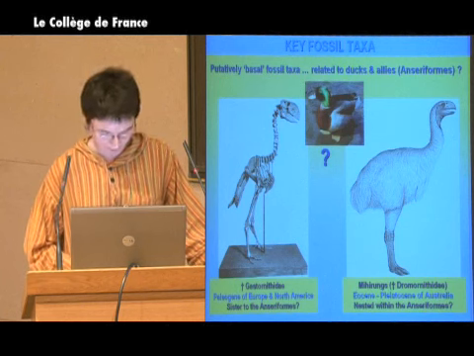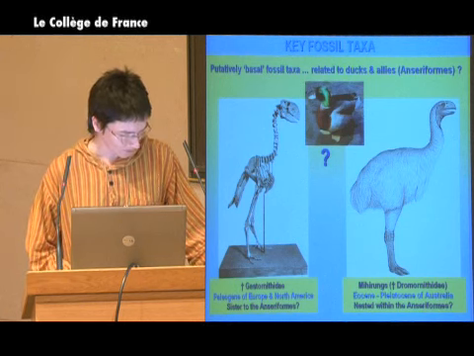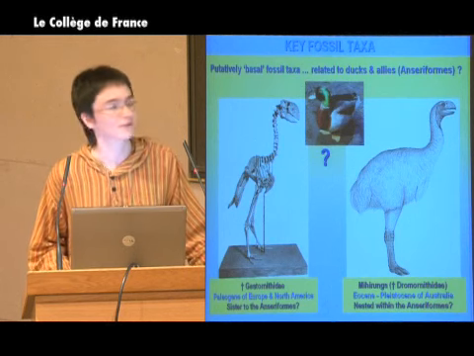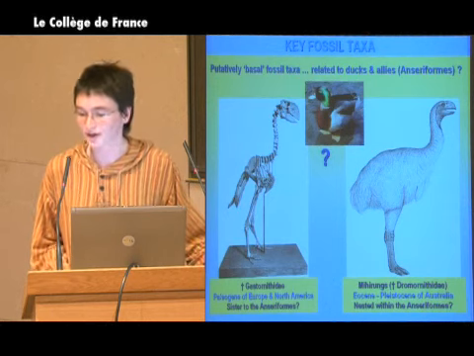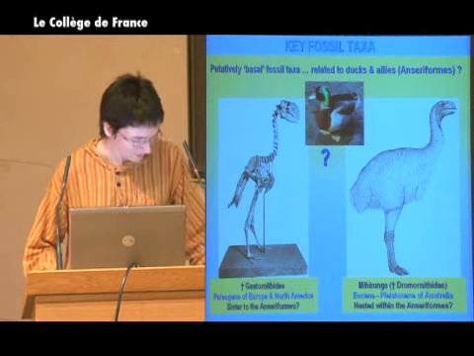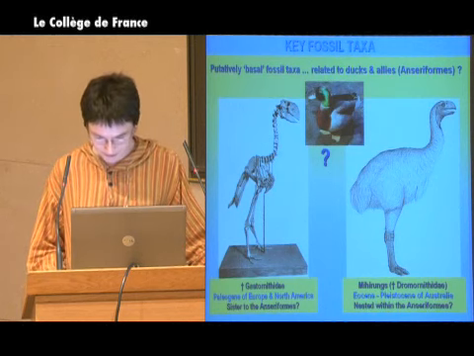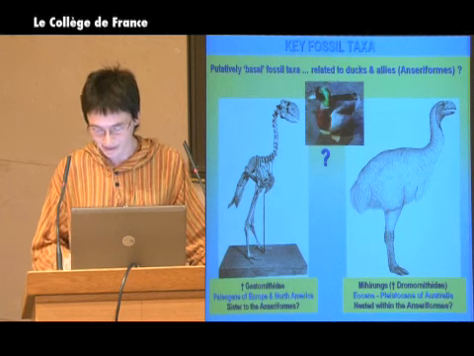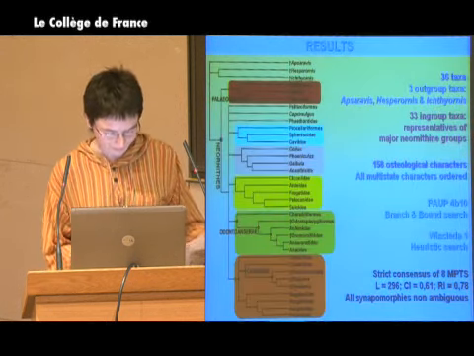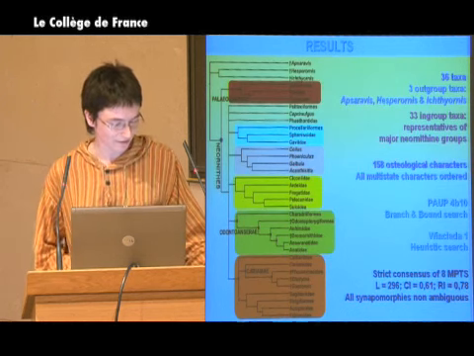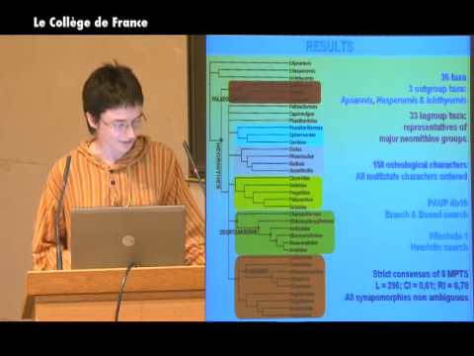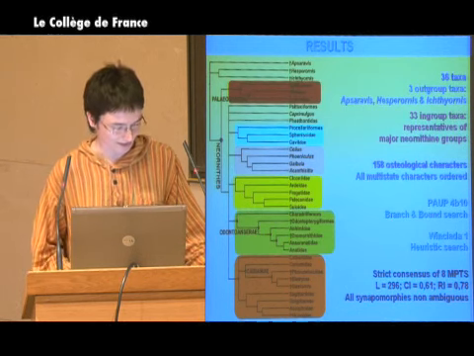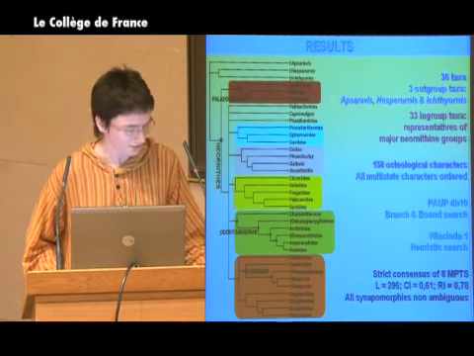The second group is Dromornithids. It's a family of large flightless birds known from the Eocene to Pleistocene of Australia, and they were first regarded as ratites. But recent morphological evidence suggests that they are nested within Anseriforms, but in this case also with a very limited sampling. So in order to evaluate the relationships among these enigmatic fossil birds, we present the first phylogenetic analysis that includes the Gastornithids, the Dromornithids, and the Odontopterygiforms.